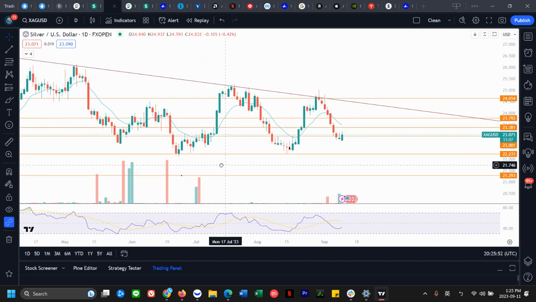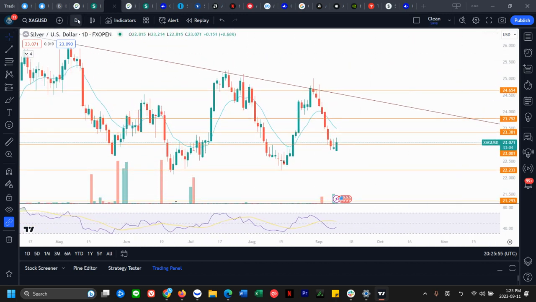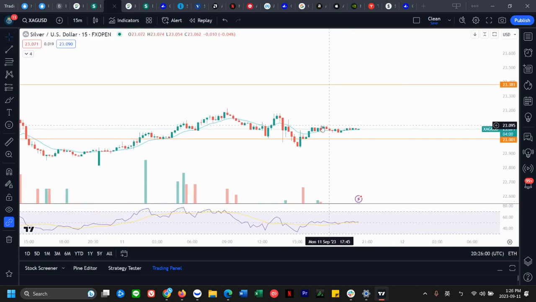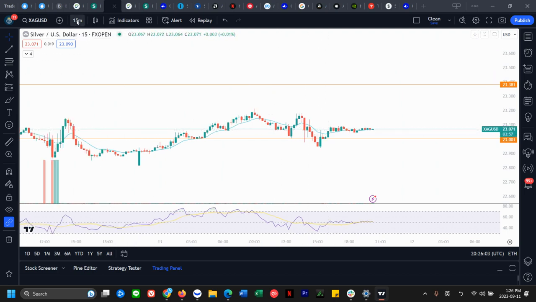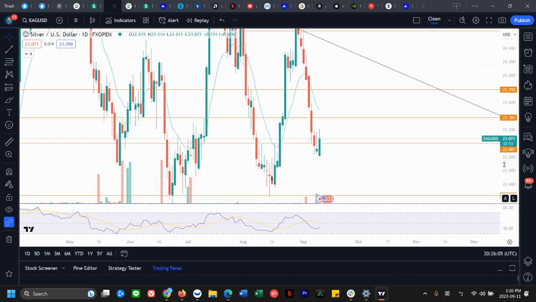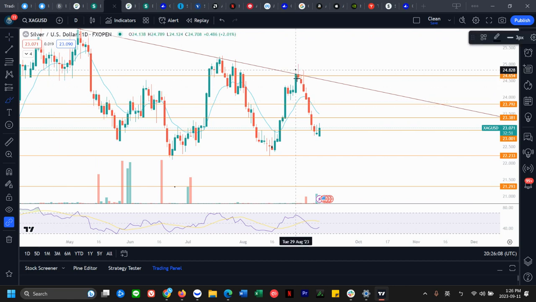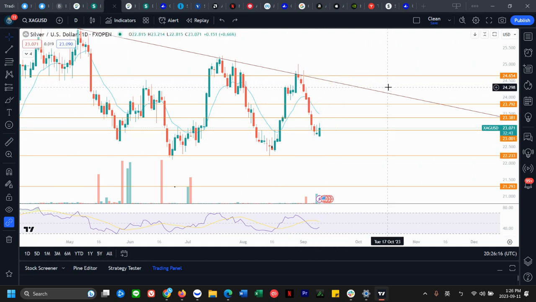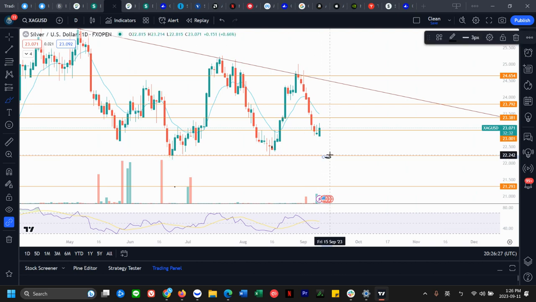Let's take a look at silver. Silver definitely outperformed gold today. You can see gold closing at a low of its day while silver closing in the middle of the range. It doesn't make sense because silver has been selling off a lot more than gold. You can see this waterfall here, and it's a lot further away from its resistance, meaning there is more upside to gain from silver than gold, where it's just sitting right under resistance. So it does make sense that we bounce today while having dollar weakness. And it's also pretty close to this support as well, 22.2. So you are closer to support than you are to resistance.